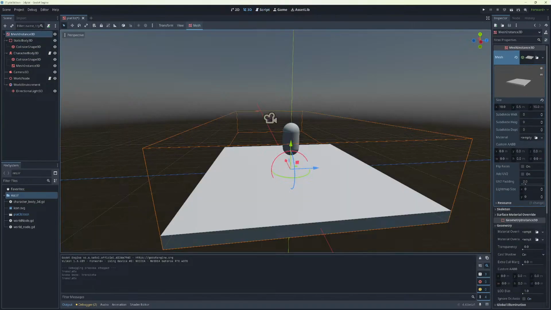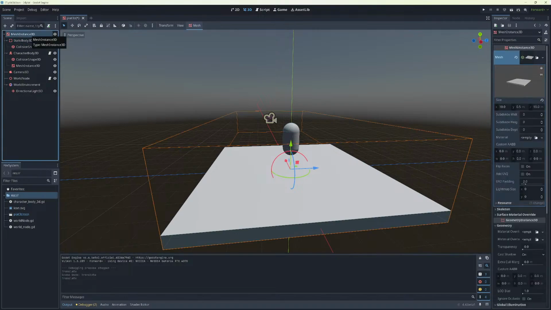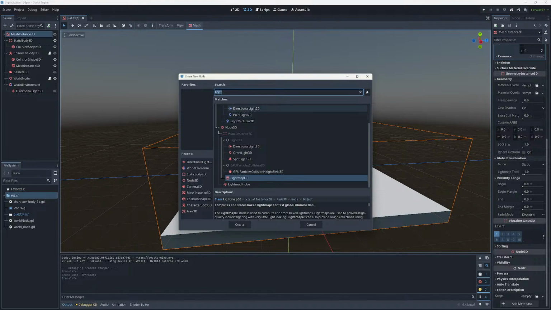what I'm gonna do is I'm gonna go ahead and try to figure out, can I get rid of this, maybe by just getting rid of this mesh instance and redoing it, because this orange box I feel like shouldn't be there. I think this is also considered the root node, so here, I'm gonna go ahead and add a node, child node,